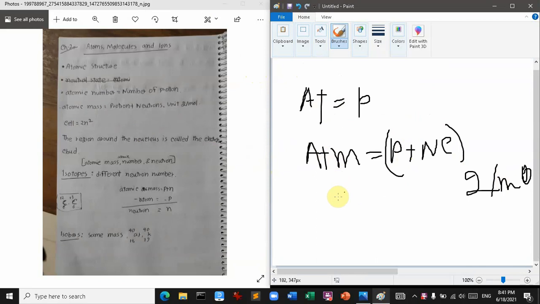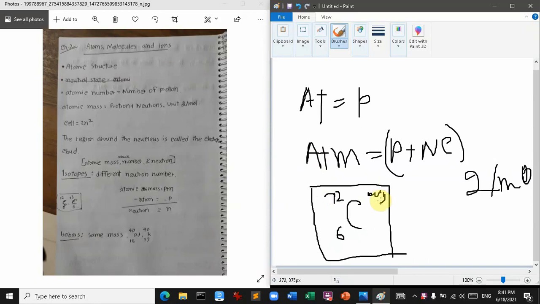For example, in your periodic table you will see carbon. In the periodic table there are about 180 atoms in the whole world, or you can say discovered. In the periodic table you will see the classification, or detailed structure. Sometimes they have some gram here, which denotes the gram, but our main concern is here. So here the upper side is the atomic mass, the combination of protons and neutrons, and this one is the number of